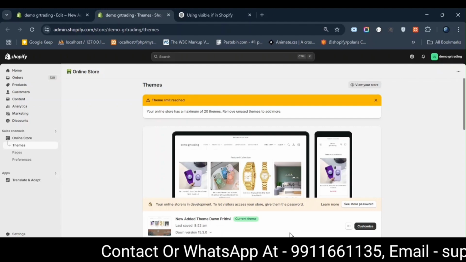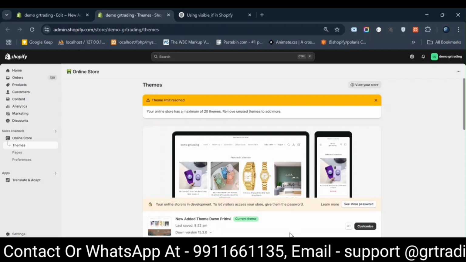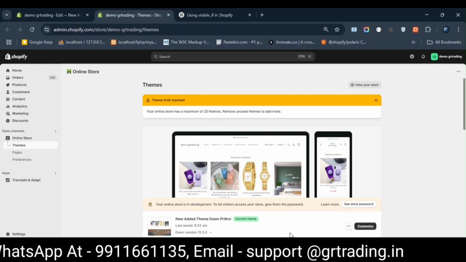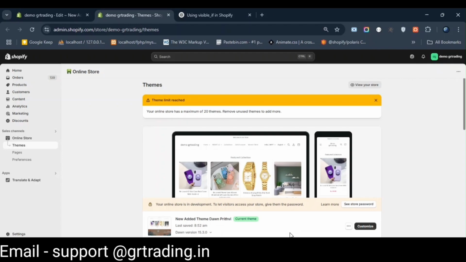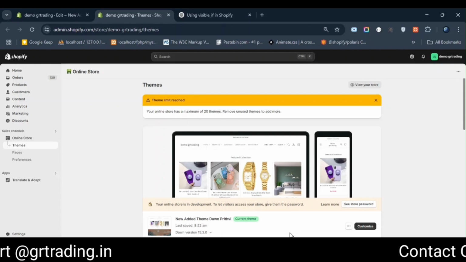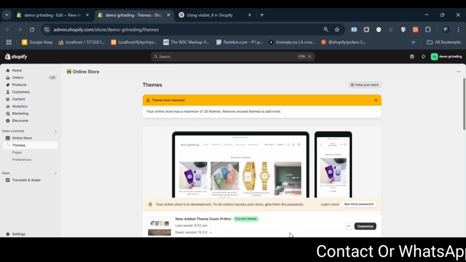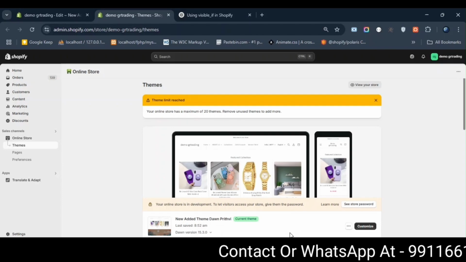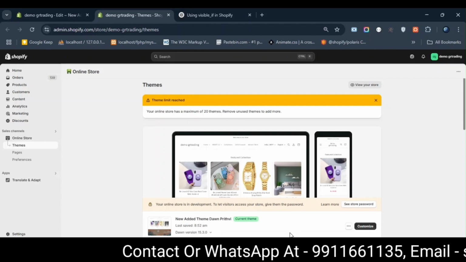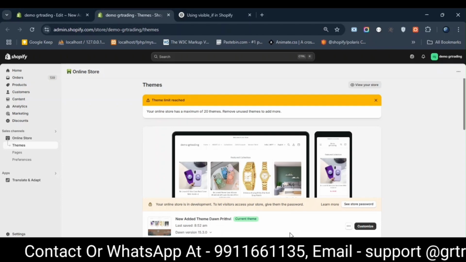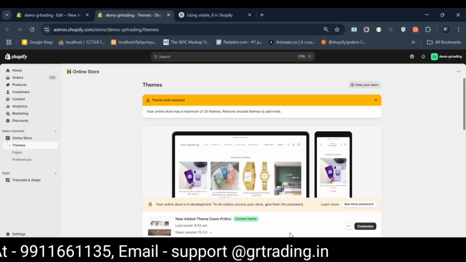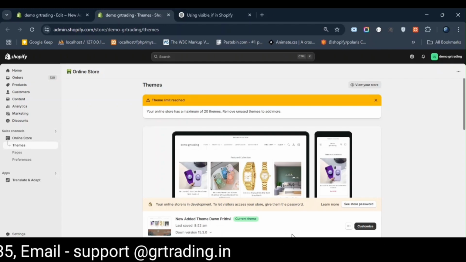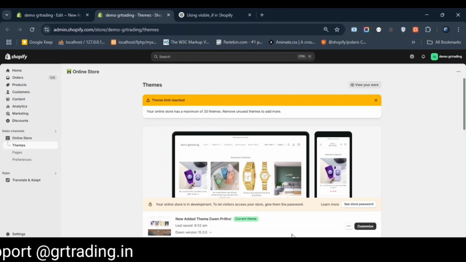Whenever you create a section in Shopify, you have to write a schema to define its settings. This new update is related to that schema. A new property called visible_if has been added, which allows you to apply conditional logic to show or hide fields. I'll explain what that means in detail with a practical example because I've already created a section using it. Once you see it in action, you'll understand it much better.